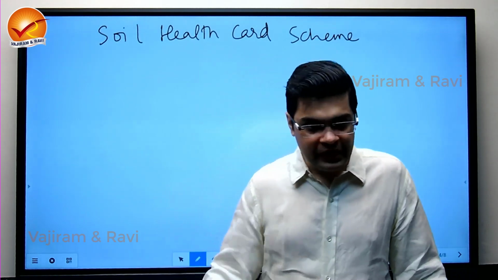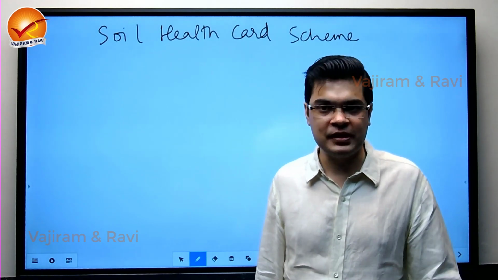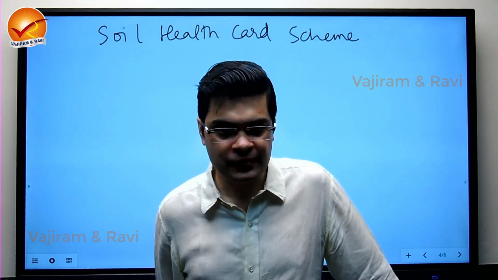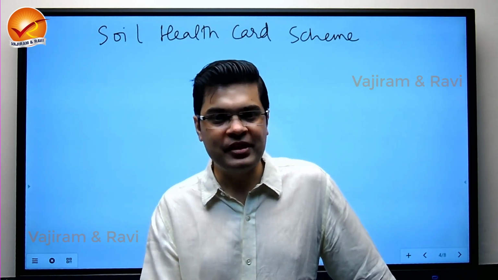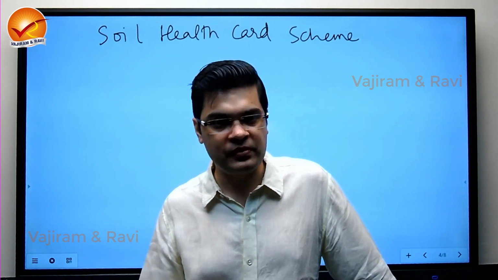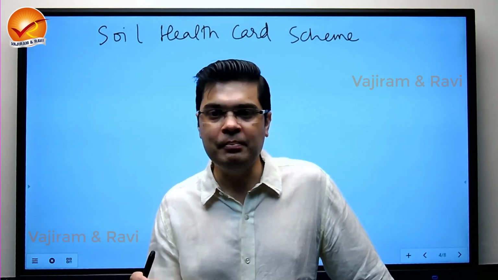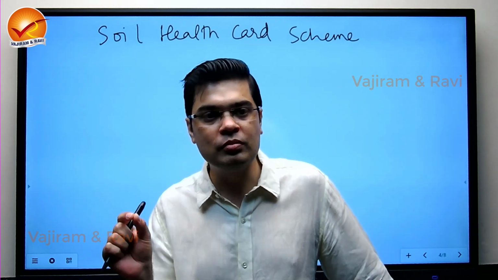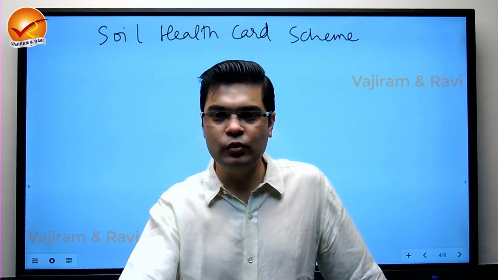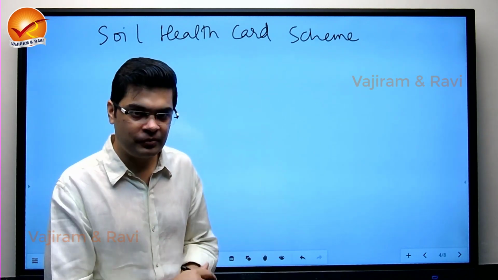Now, to tell the farmers what is best for the soil, the government has come up with this soil health card scheme. Government has set up mobile soil testing labs, and the soil samples are picked from the farmer's field. At regular intervals, the soil samples are taken, and those soil samples are then analyzed in those mobile soil testing labs. The analysis would be done on 13 parameters.